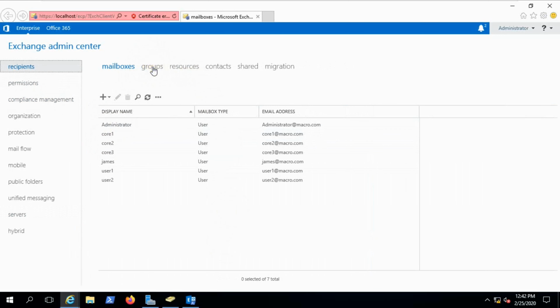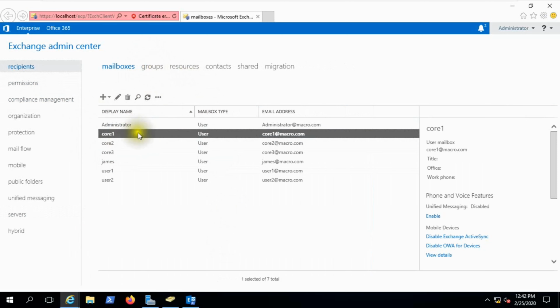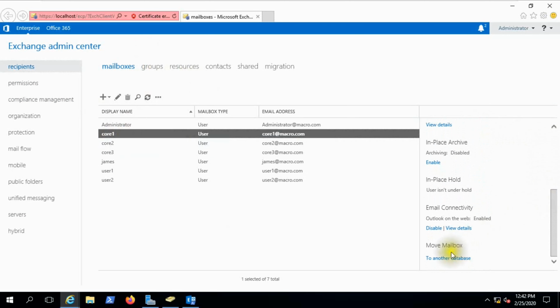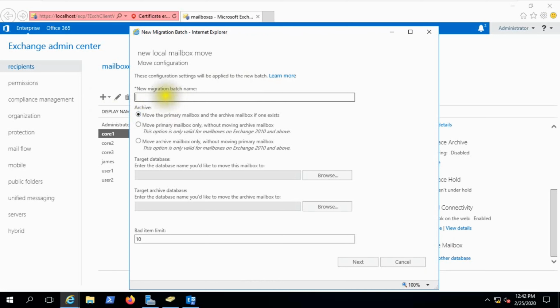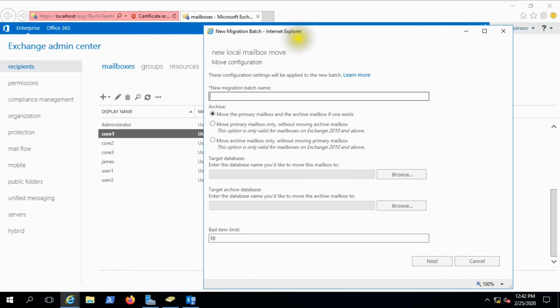Let's see the process. Select code 1, move to another database, select it, new migration batch. Put the migration batch name, code 1 move to IT department.